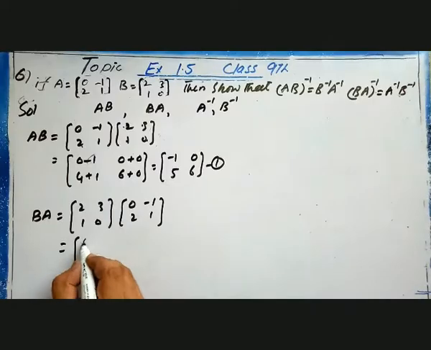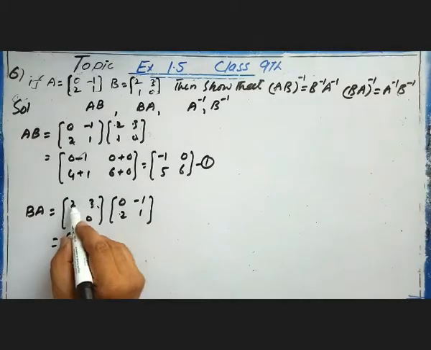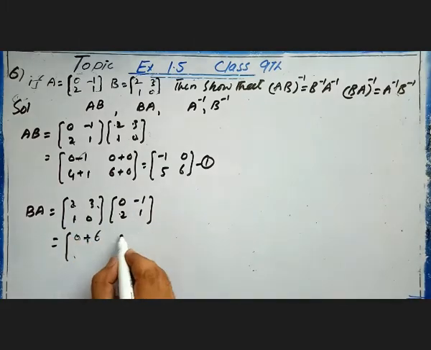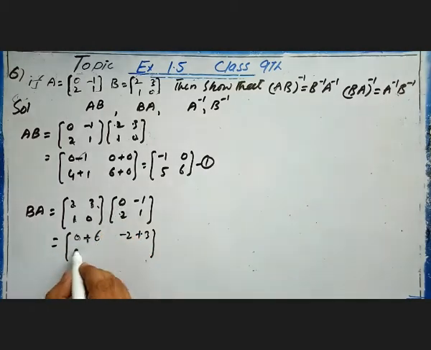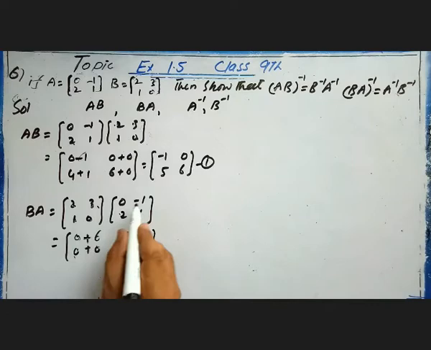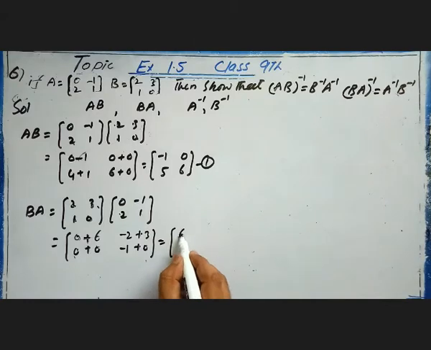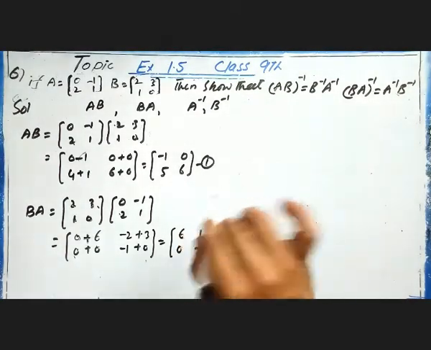Zeros are 0. 2 zeros are 0 plus 2 zeros are 0, 3 2s are 6, 2 1s are -2, 3 1s are 3, 1 zeros are 0, 2 zeros are 0, 1 1s are 1 -1, 0 1s are 0, 6 1 0 -1. ये हमारे पास सेकंड पार्ट आ गया।